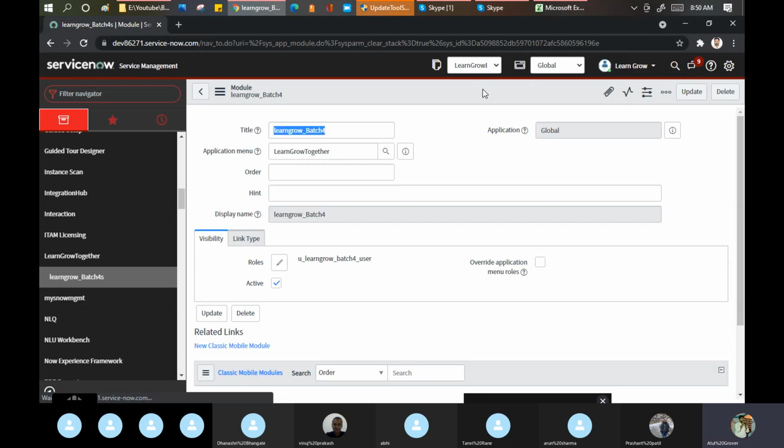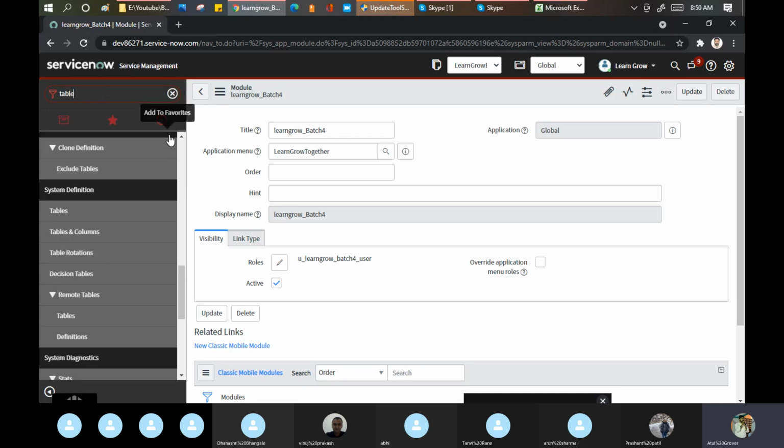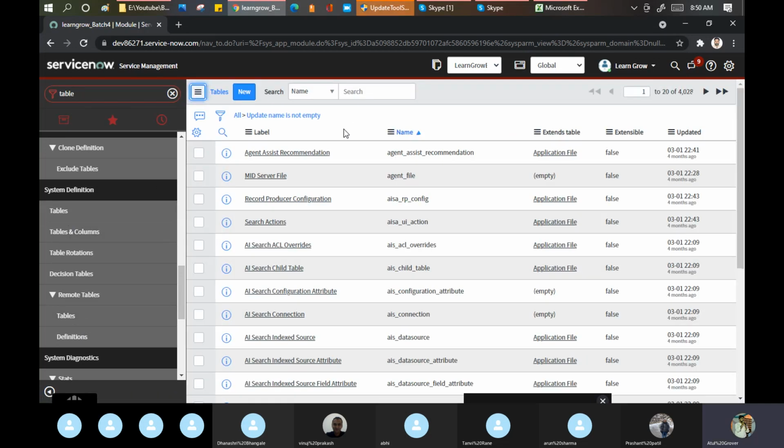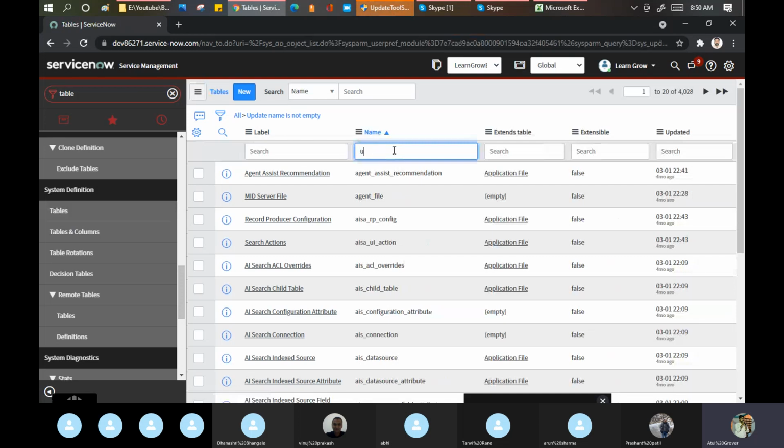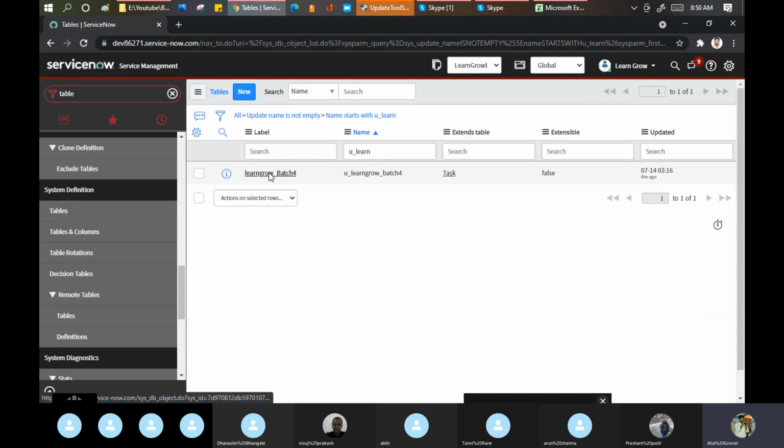Okay, so Atul, this is only one module. What about others? I want more modules for my particular table. What you can do is go here, search for the table. Click on Tables here. Search for u_learn, because it started with U only.